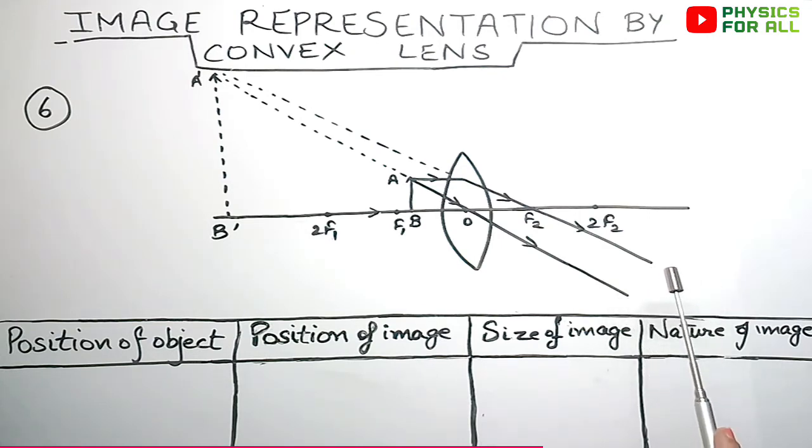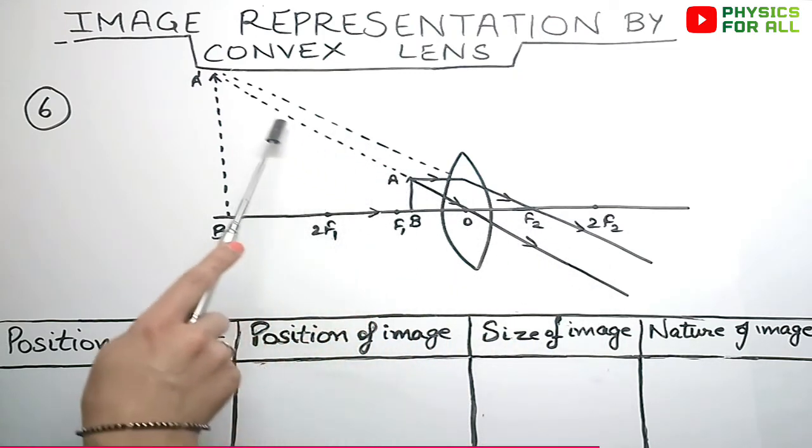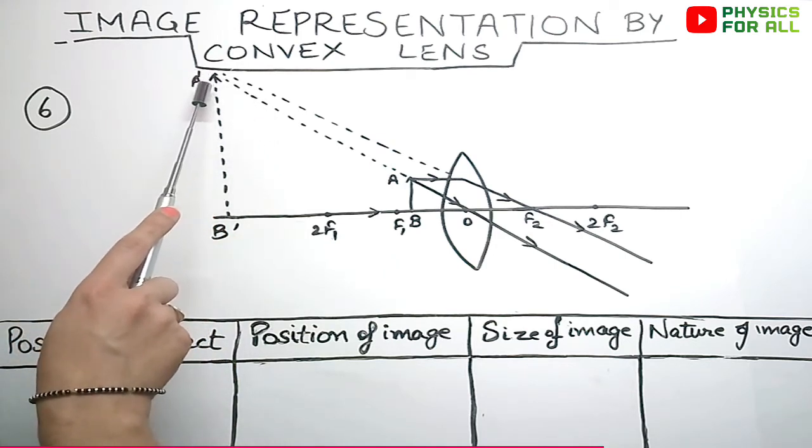So then for image, we need to find the point of intersection. If we cannot find the point of intersection in the forward direction of rays, then the only option left to us is that we have to extend the rays backward to check if we can obtain the point of intersection or not. Here, yes, we can. Whenever the two rays are diverging, there is no point of getting a point of intersection from them, so they always give a point of intersection when they are extended backwards. This rule always applies. So now we extend these rays backward, and yes, we get the point of intersection here.